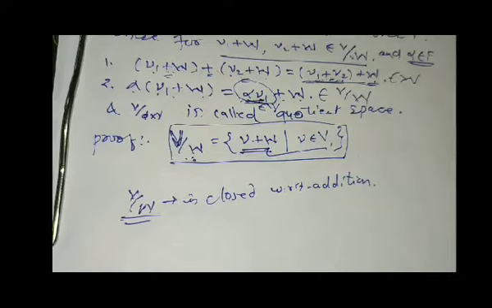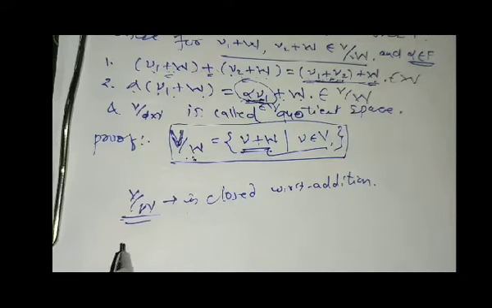Now first we have to show that the two compositions are well defined. That means they are independent of the particular representative chosen to denote the coset. So both operations are well defined, no problem. Both operations are well defined, because if we choose